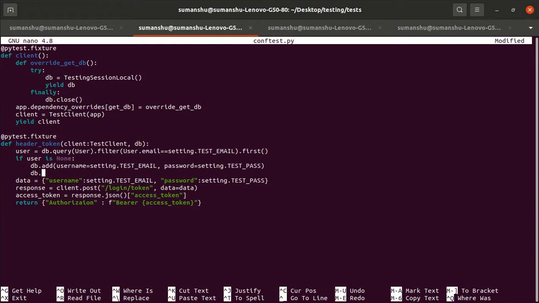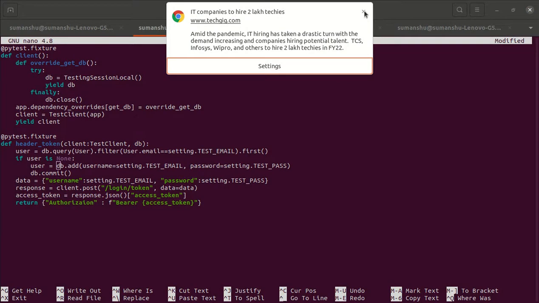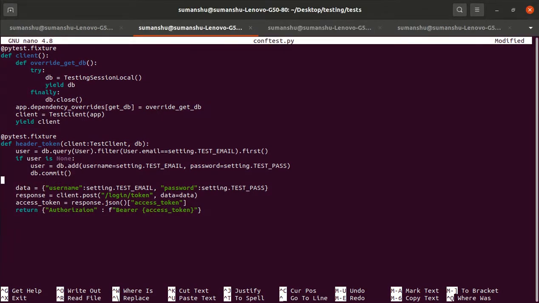So db dot commit, db dot refresh user. Yes, so the user will get inserted. If user is none, then the user will get inserted. If the user is not none, then this will perform. Now I hope it will work.